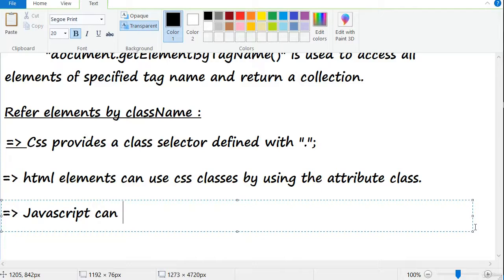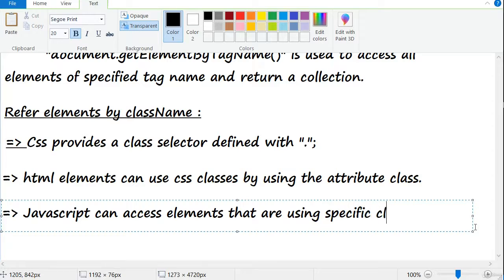JavaScript can access elements that are using a specific CSS class.